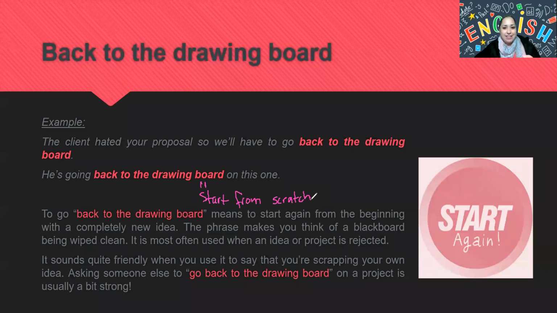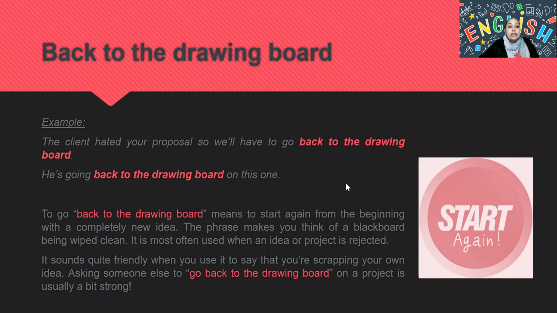And again, it doesn't have the actual meaning of a translation, of a dictionary. Start from scratch and back to the drawing board have the same meaning: start new again from the beginning. Go and do it again, but start new.